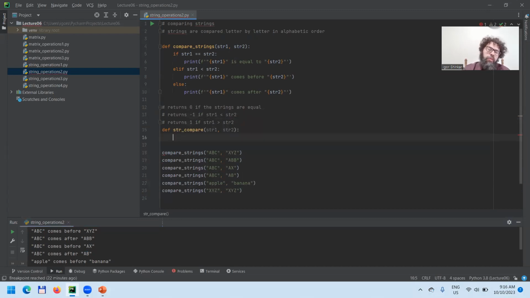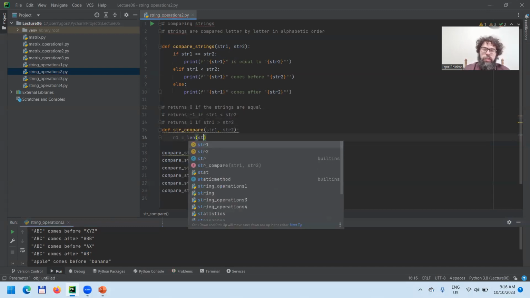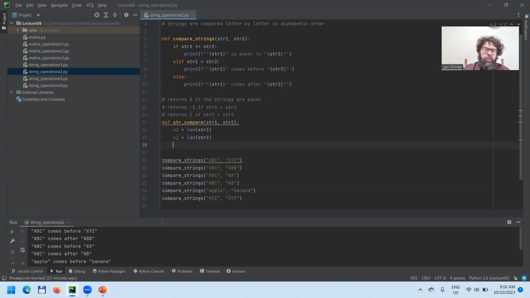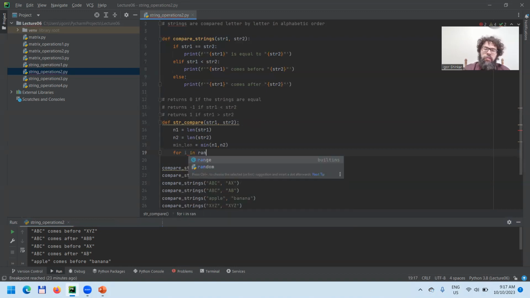Okay, here's what we do. Let's call it, I don't know, n1 is equal to the length of str1. n2 will be the length of str2. Frankly, I haven't prepared it, so I'm doing it on the fly, but we'll see. Okay, and I want the minimum length, so the minimum length is equal to the minimum between n1 and n2. And I'll do the following. For i in range min,